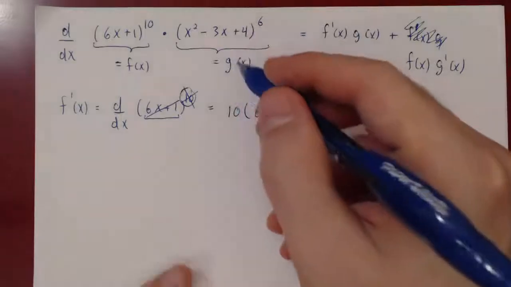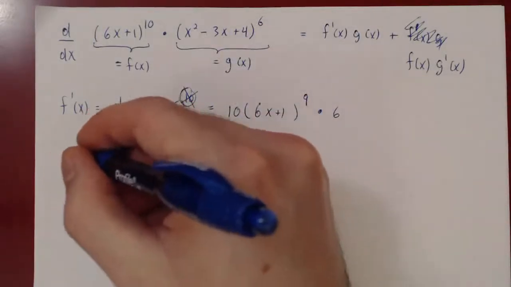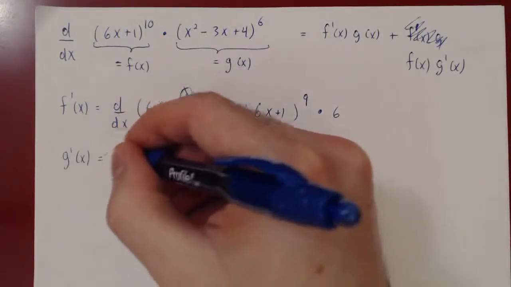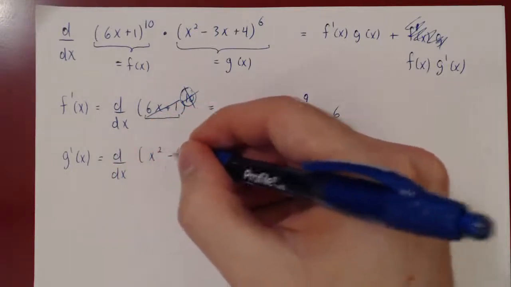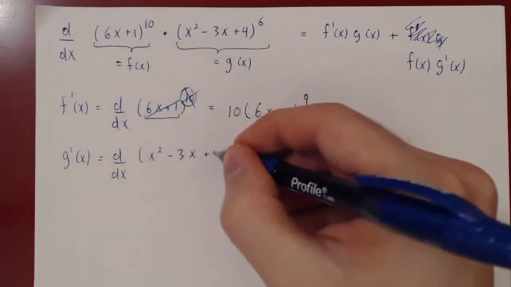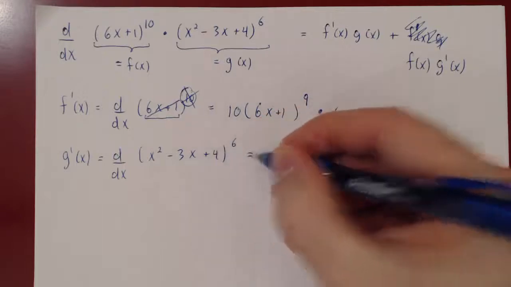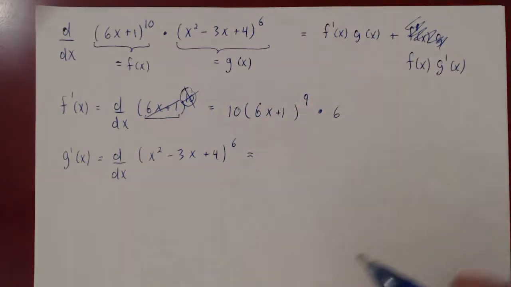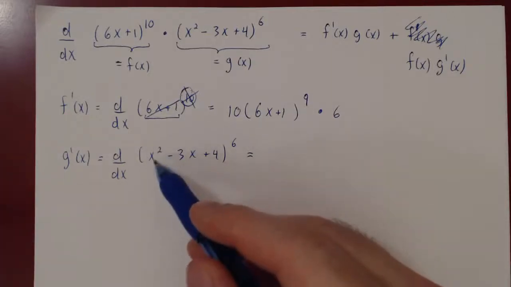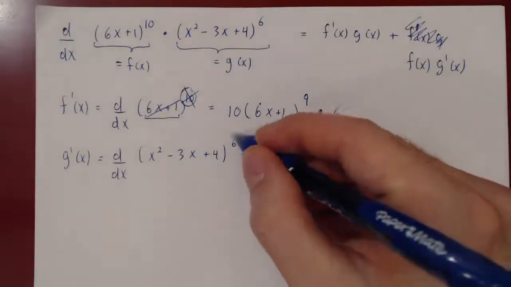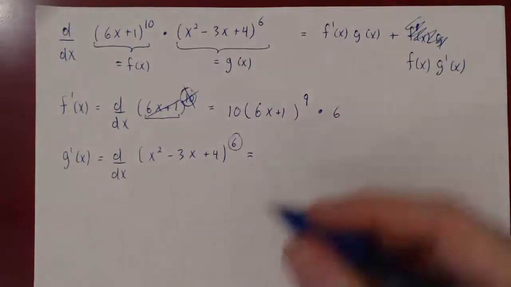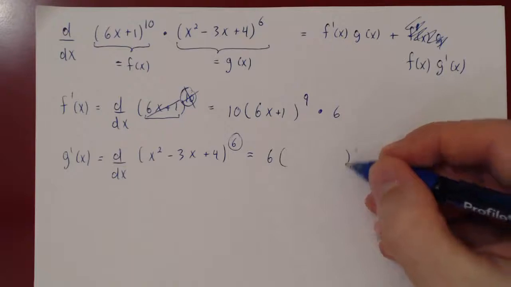Let's differentiate g of x. So g prime of x is the derivative of x squared minus 3x plus 4, all to the 6th power. Once again, here we have a composition. If I give you a value of x, you first square it, subtract 3x, add 4, and then take the 6th power. The outside function is the 6th power. We use the power rule,